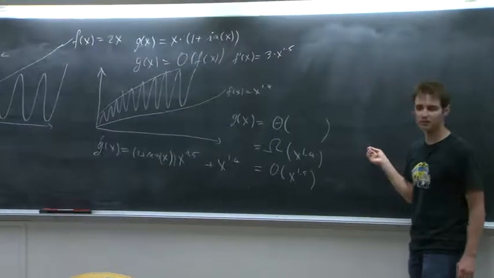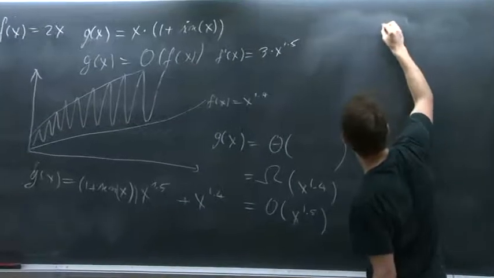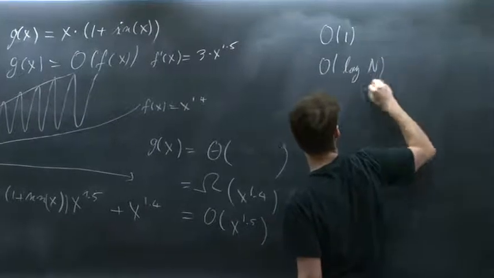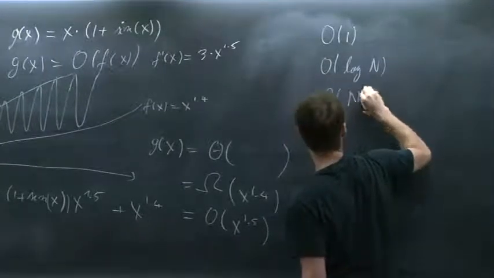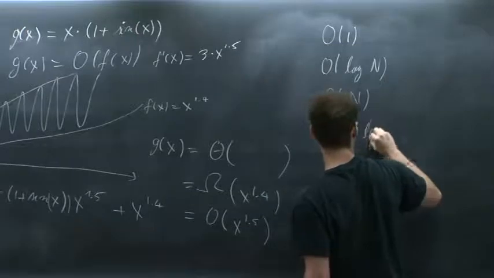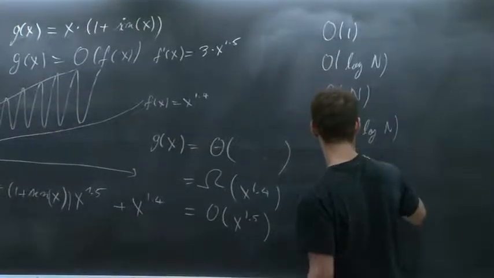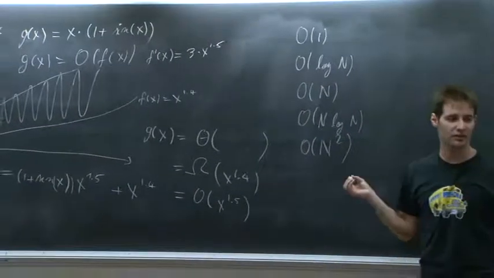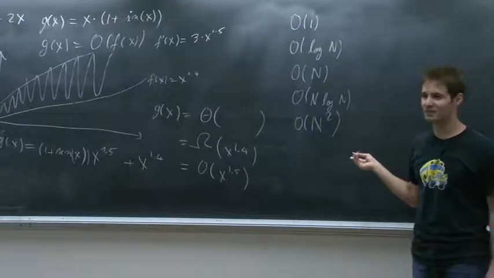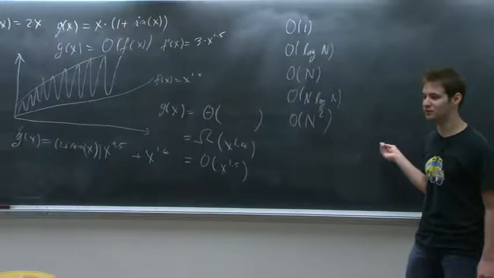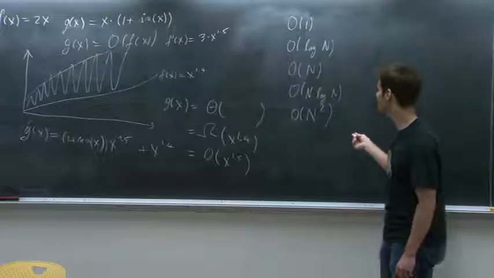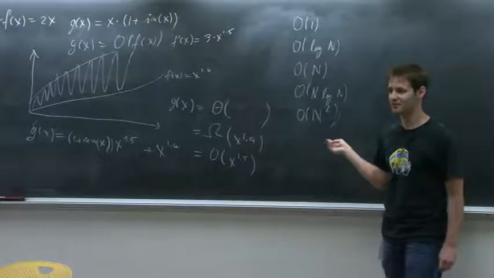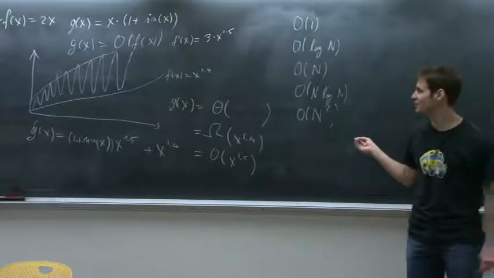In this course, the running times that you'll be dealing with all look like this. They will either be order 1, order log n, order n, order n log n, and order n squared. You might have one or two cases where you get something else, but most of the time, if you have something else coming out of your recurrence, it means you're doing it wrong. So nice tip to have. And you can see that I already started doing it. I'm already using O instead of theta. So I guess I'm getting into the habit.